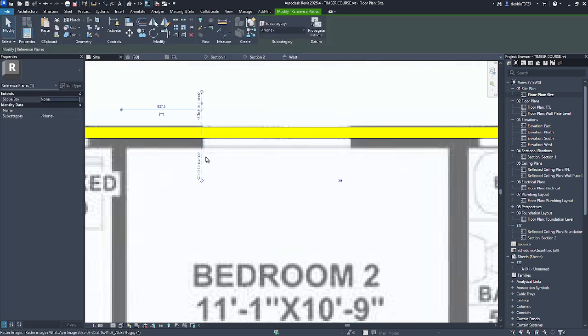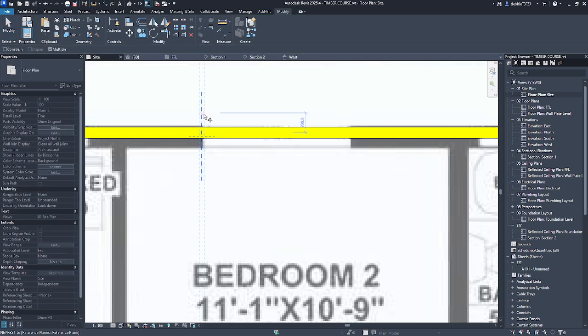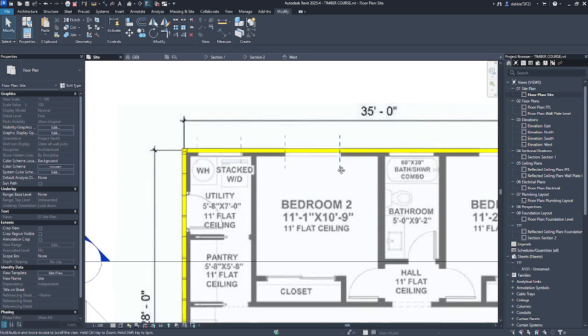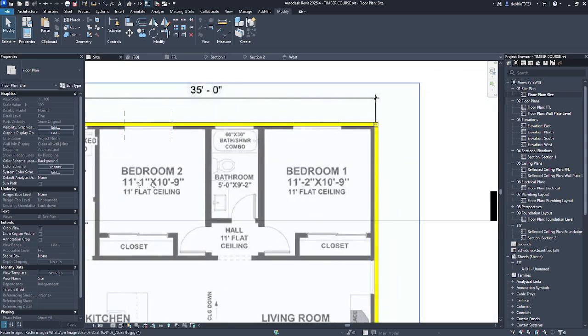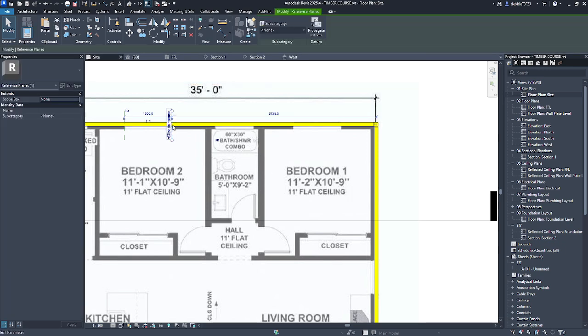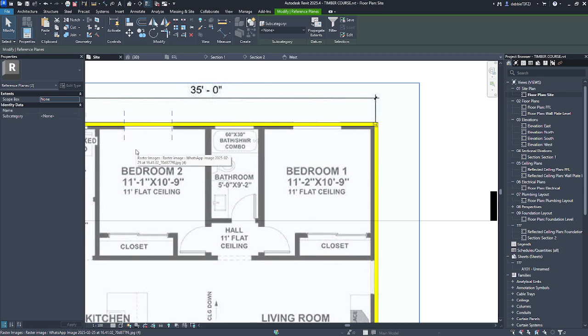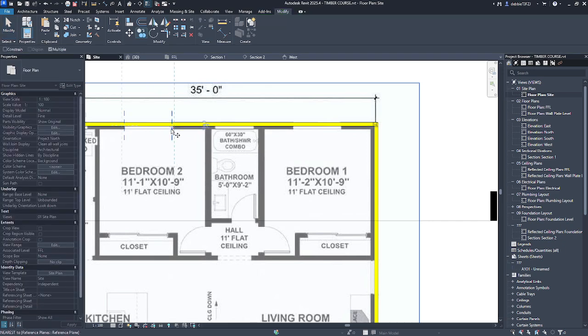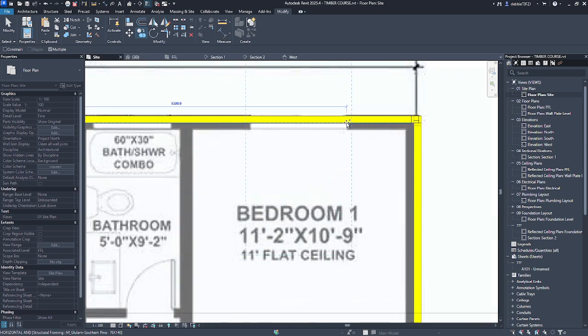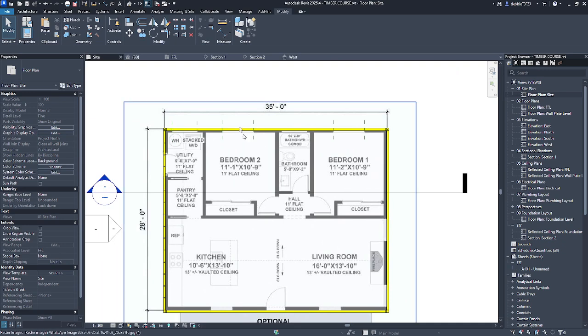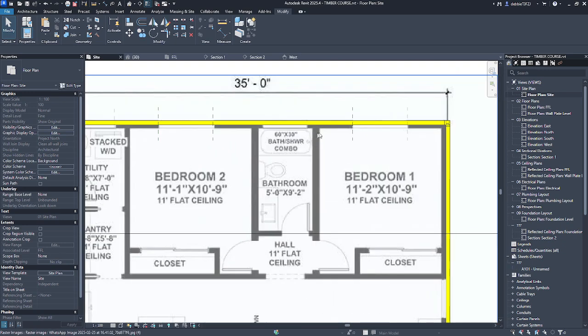Once it's drawn in roughly where the window starts, CO for copy. Let's make this one a nice 1.5. The two bedrooms are almost exactly the same size, so I'll highlight this reference plane and this one, CO for copy, and drag it to there. So we have our positions for where we're going to be placing our windows.